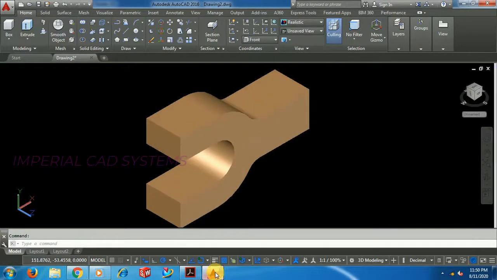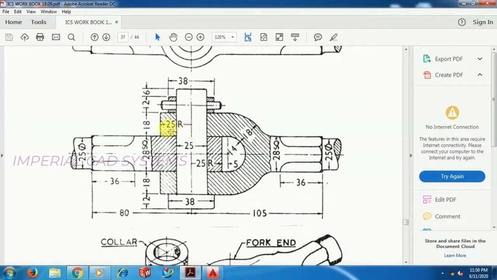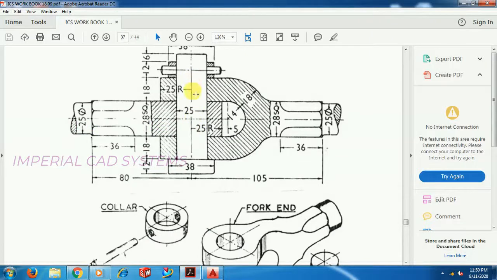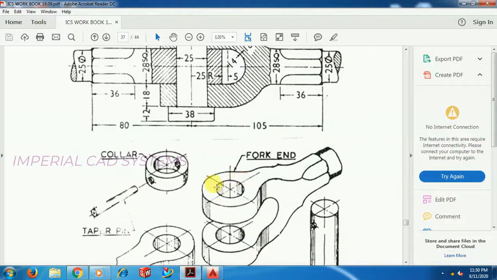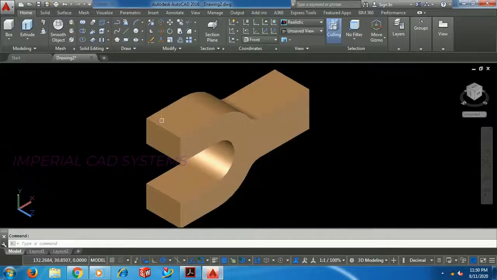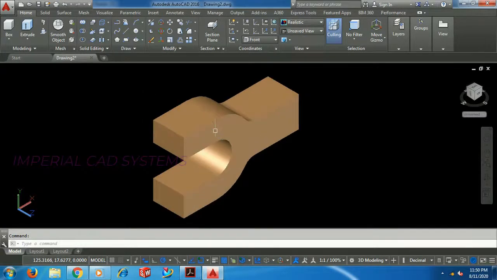Next, see the front side, it is round with a 25 radius at this edge. From the center it is a 25 radius round. So in our model from this edge it should be 25 radius. No need to get into top view or create a circle and go for extrude.